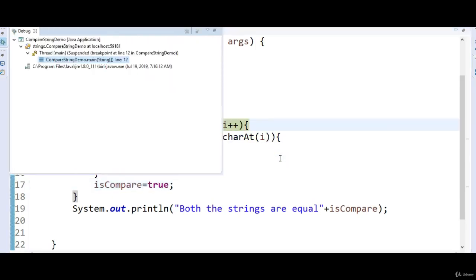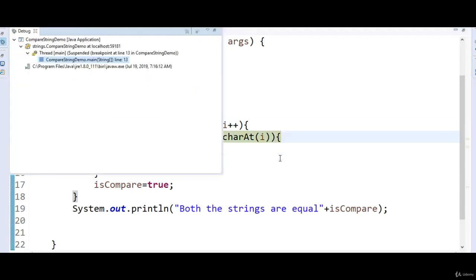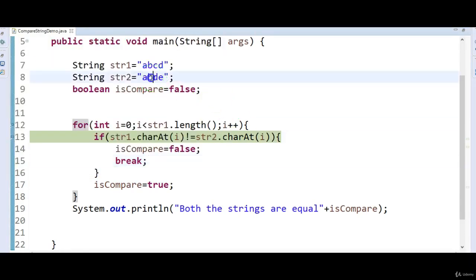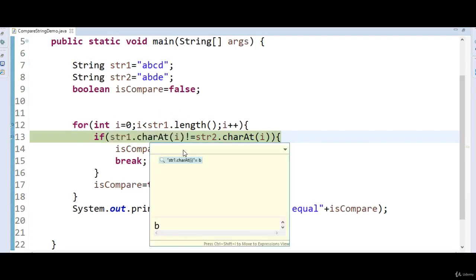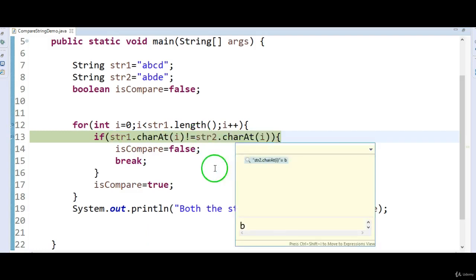Now let's come to the next loop. What is the next loop? It takes the second character, that means index 1. So it will compare B and B. So str1.charAt(i) is what? B. B not equal to B is what? False. This is B. And if you take str2, this is also B. So this is false.